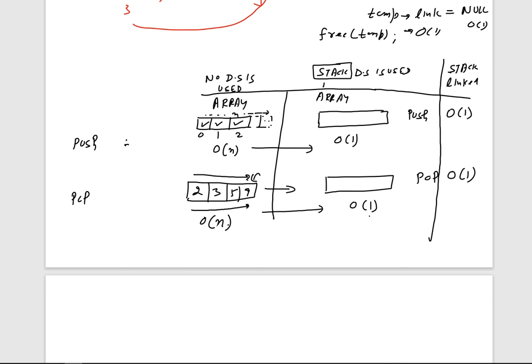So it is better that you use some data structure, such as the stack here, rather than simply implementing the push and pop operations and using them without following any kind of data structure. You should follow some kind of data structure, and here we have used the stack as a data structure and then implemented the push and pop operations, and we have seen how we have reduced the time complexity.